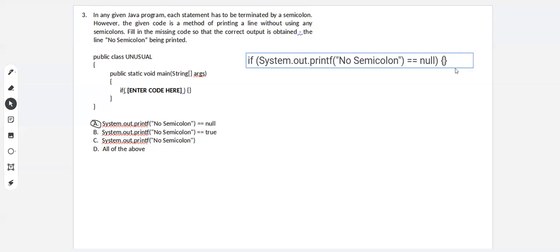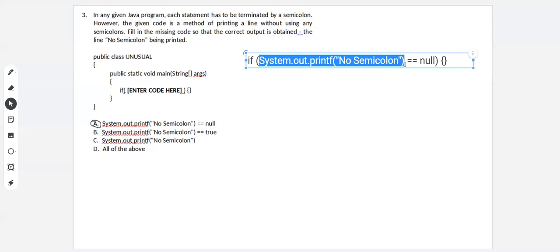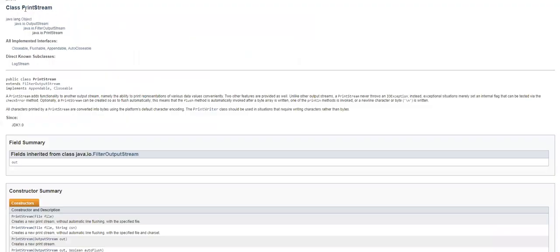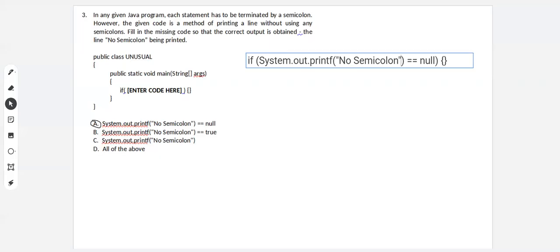Now, if you wanted to go a little bit deeper into this, it will print out this because it executes this. However, whatever happens inside this curly brace will not occur because the return type of printf, no semicolon, is not a null. It'll be, again, type PrintStream, and that is its own object. But yeah, it's a little bit deeper here, but basically what we need to get from this is